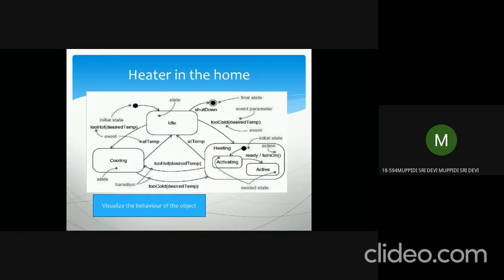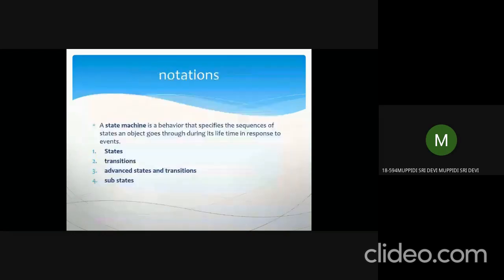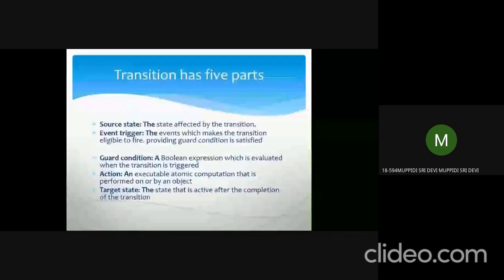Heating state is not changed. So here heating state is not changed. Using the directed line between activating and active, that's an internal transition. Then what about transition? The directed lines between idle to cooling and idle to heating are transitions. So these are internal transitions, they do not make the heating state change. Coming from activating to active, the state is not changed. Still the state is the advanced state heating. So that is an internal transition.